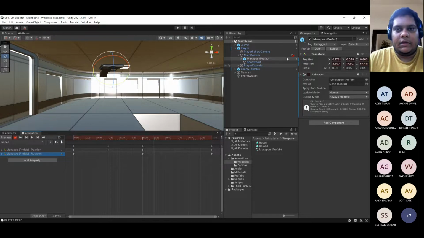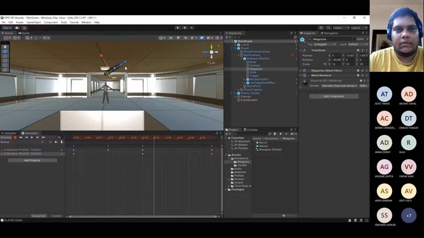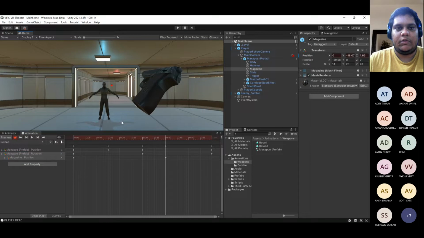I want to remove the magazine. So for removing the magazine, I'll have to select the magazine component specifically, and then I want to remove it. So let's go here. If I'm removing the magazine, I also want to bring it back to its original position. So for that, I can go to the start position and take the original position of the magazine. So I want the Y position of the magazine, right? I'll take the Y position of the magazine and somewhere around here, I will remove it. Removing it basically means that it goes out of scene,